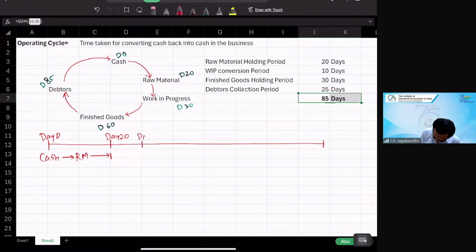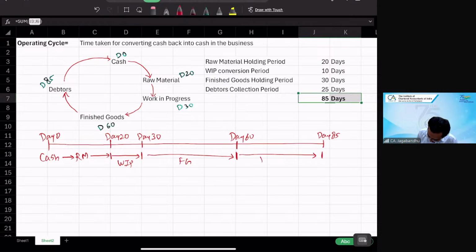And then day 10, or sorry, day 30, right? It remains as WIP, because for 10 days it is remaining as WIP. Then after 30, it's going to be for another 30 days. So basically this is your day 60. By day 60, the nature is that you have finished goods. And then from day 60 till day 85,